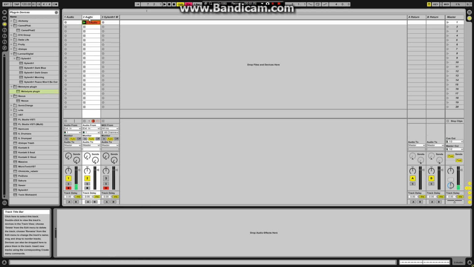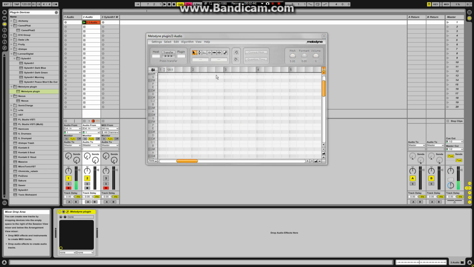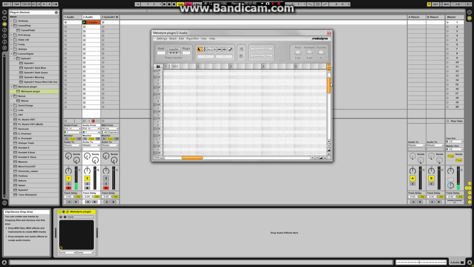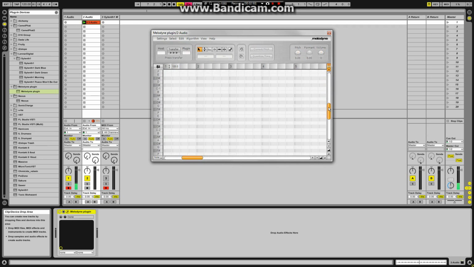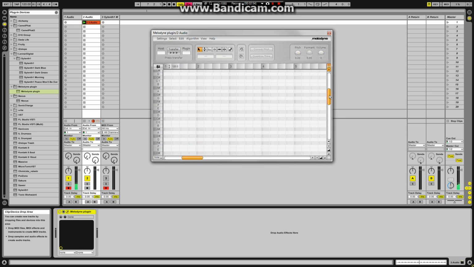Oh my god. So then we're gonna take Melodyne and we're going to plug it into the audio rack. Melodyne is a pitch correcting software, but it's a little different than some of them. It shows your voice as a piano roll and separates each of the audio that changes pitch onto different notes